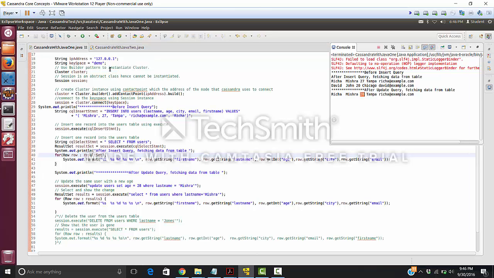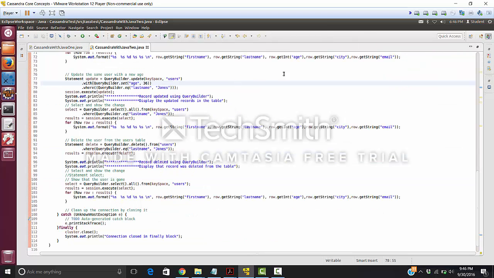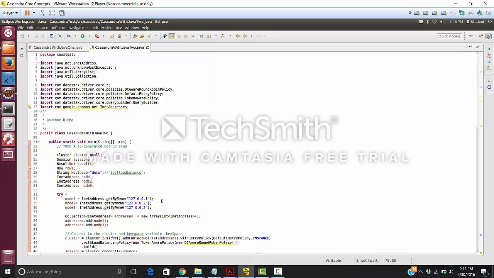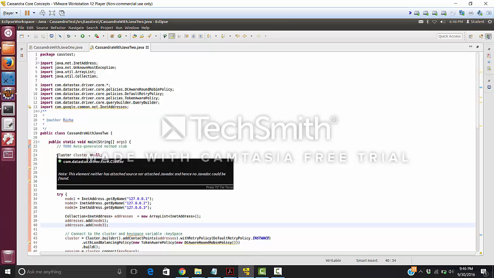We now go over to the second part of this tutorial, which is called Cassandra with Java Part 2. Here we see a few of the features of a cluster with add contact points and load balancing policies. So we create a class with the main method, and similarly as we did for the first program, we create